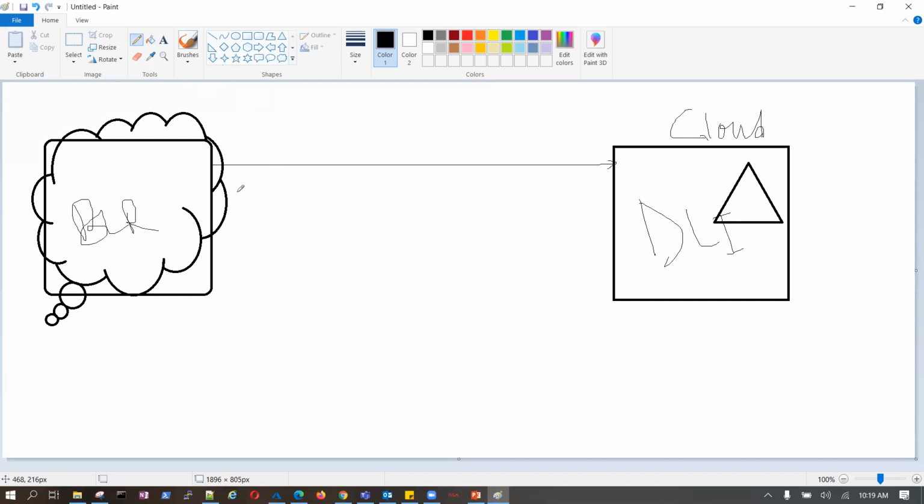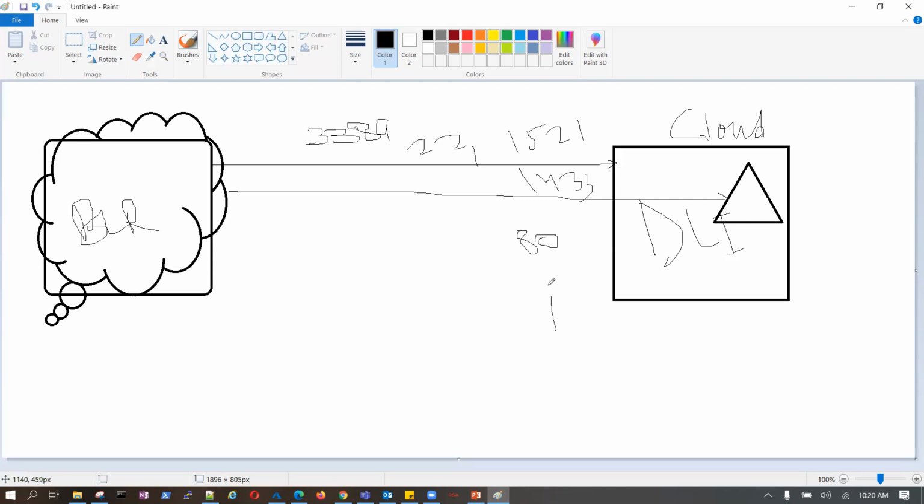You want to connect to this machine. Now this could be on port 3389, a simple example I am taking. This could be on port 22, this could be port 1521, this could be 1433, and this could be port 80 as well, right? The way you can connect using port 80, you cannot connect the same way using port 3389, because these are all for different purposes. But anyway, these are all connections only, right?